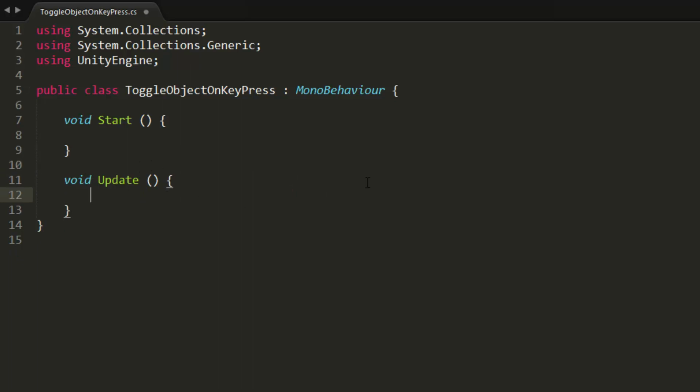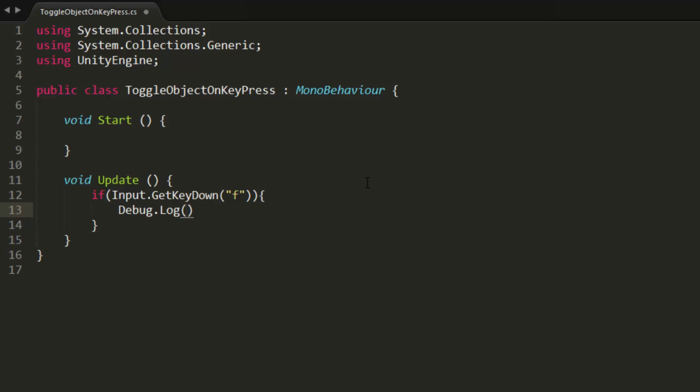Inside of our update, we're going to see if we can get some keyboard input. I'm going to put an if statement in here. I'm going to check using the Input.GetKeyDown method if a button is being pressed or not. Inside the parentheses of that method, we can send a parameter, in this case a string, with the letter of the key that we're trying to find out if it's been pressed or not. When a key is pressed, it'll say, hey, is it the F key? And it will return true or false. If it's true, what's it going to do? Well, in this case, we want to print out a little message as a test first.